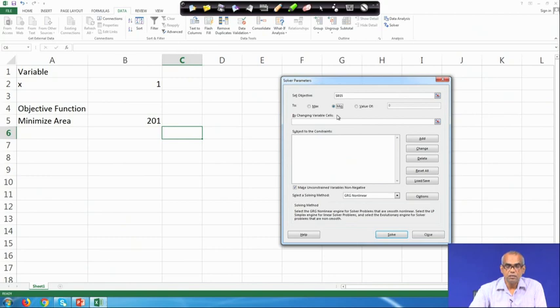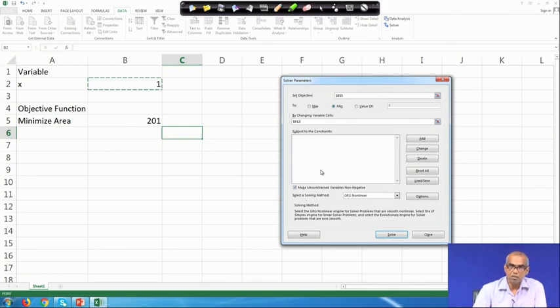By Changing Variable Cells: we are changing x here. So, click on this and then click on B2, which contains the variable. We do not have any constraint here.